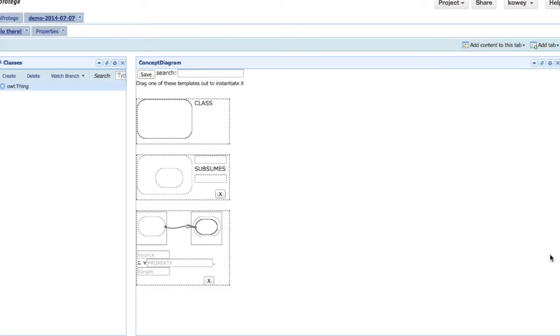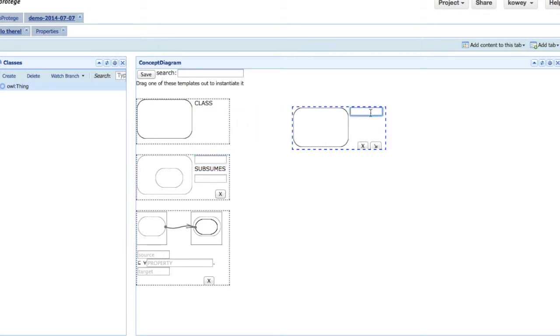So looking at the portlet itself, what we have here is the basic two-pane structure where we have a broad canvas on the right over here and a pattern library on the left. So the idea of using this plugin is that you pick things out of this library and drag them onto the canvas. What we're going to do now is use this class pattern to instantiate a couple of classes which we'll need in this example. So I'm just going to drag this out here